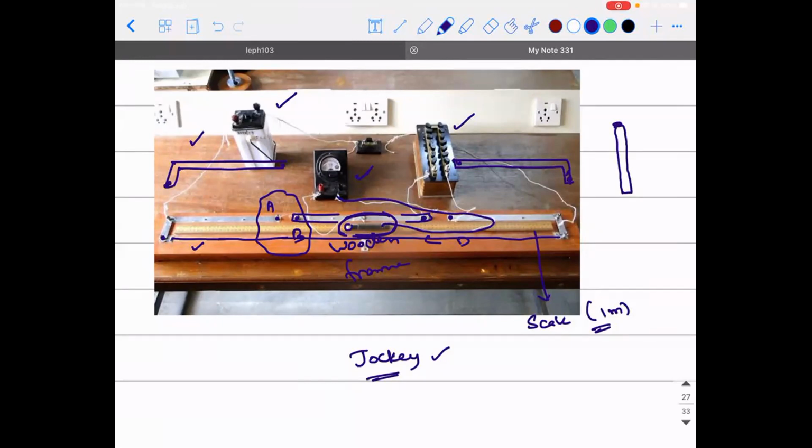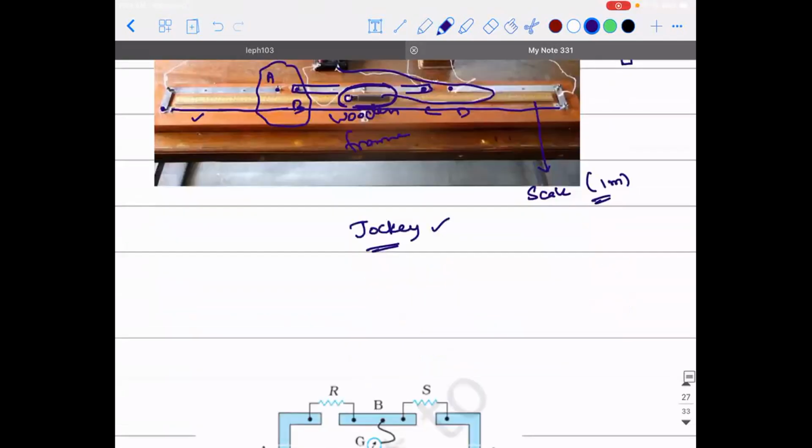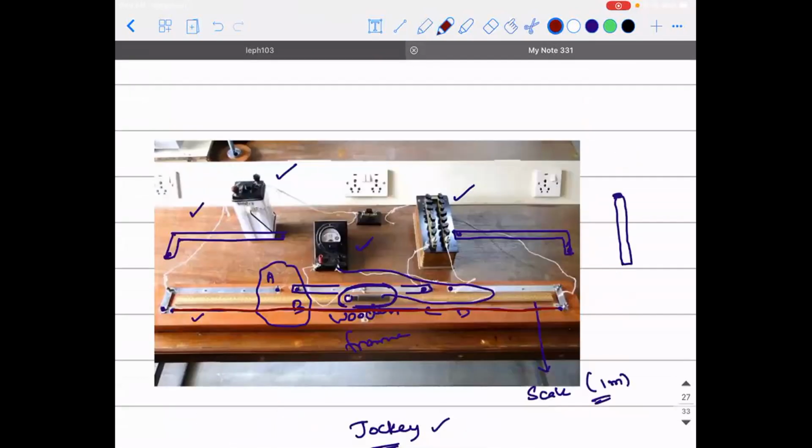The wire is a long wire, right, sir? The wire is actually missing in this diagram. This is the wire. There will be a wire by default. I'm not in the academy right now, but we have it in the academy. If possible, I'll take a snap and send it to you guys. We have the galvanometer, we have the meter bridge and everything. Did you understand? Rohan, am I clear?